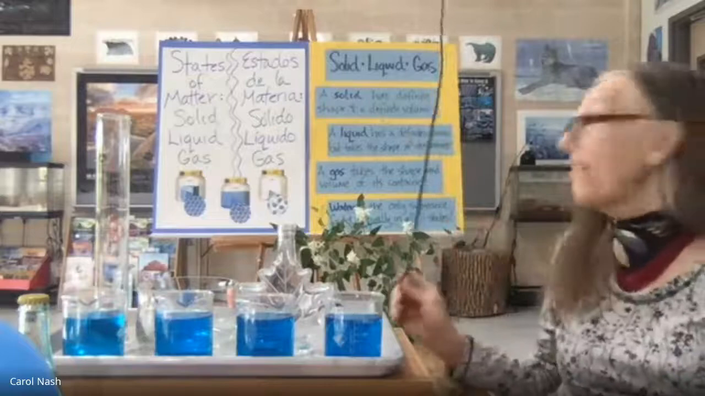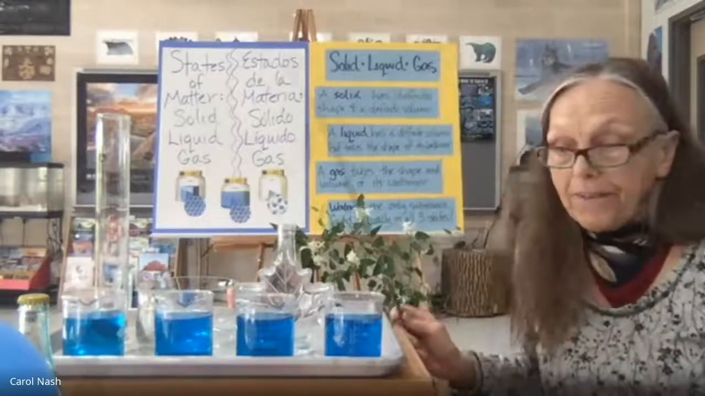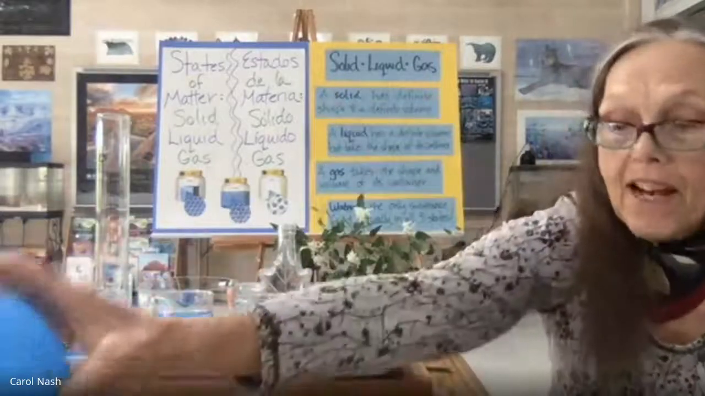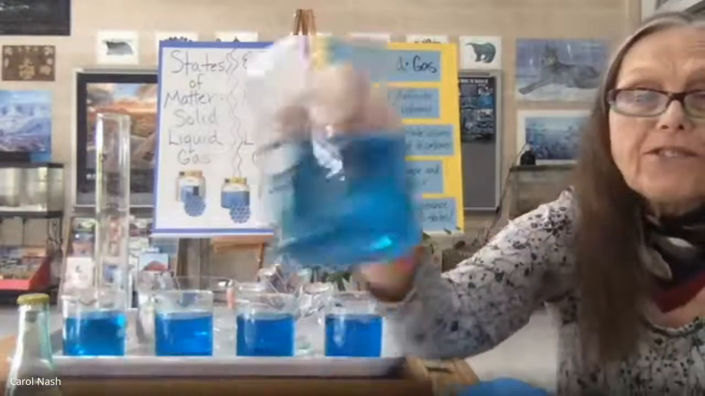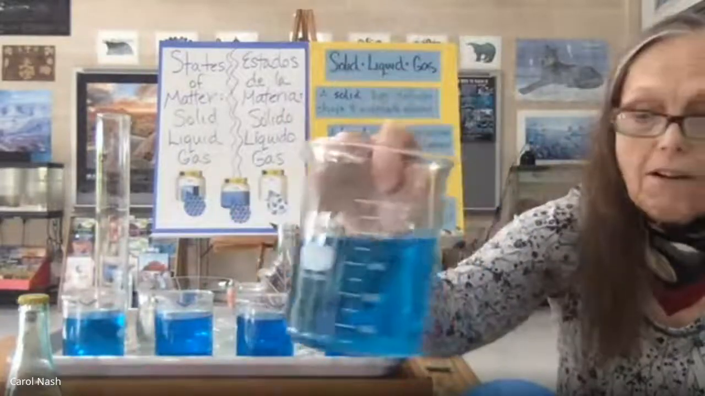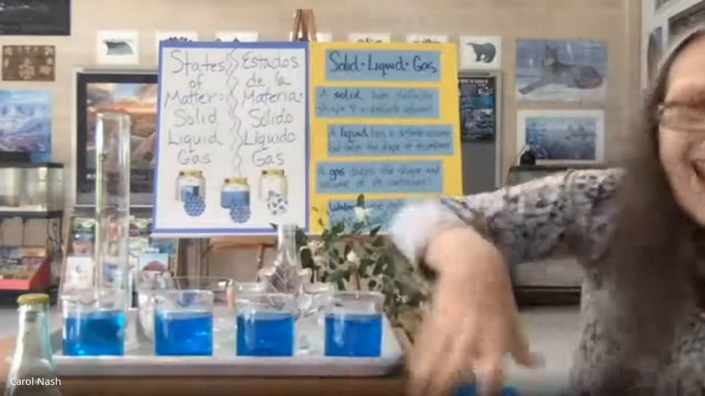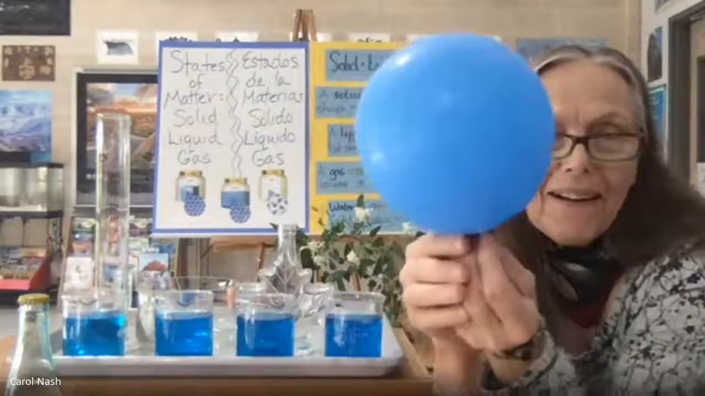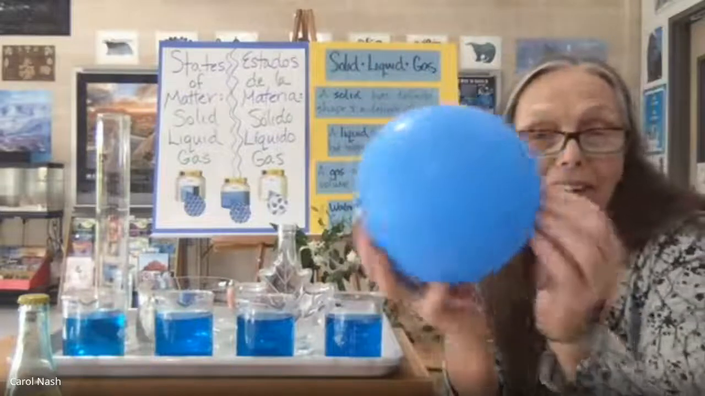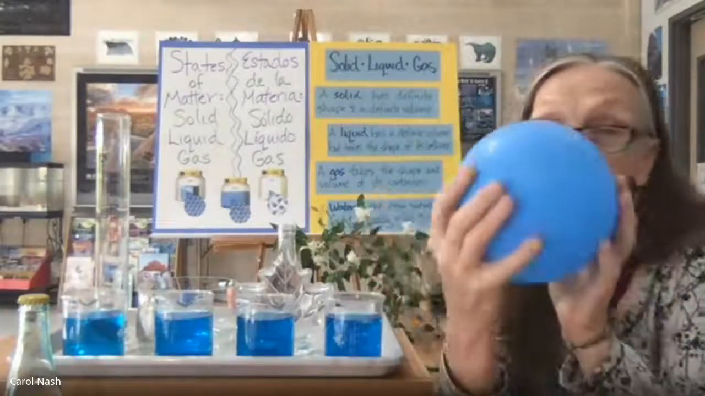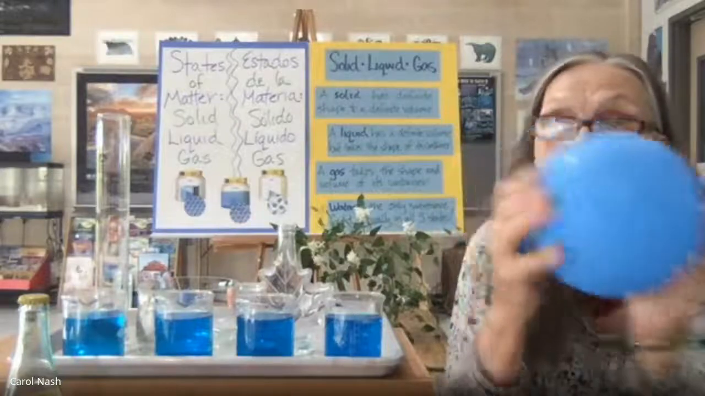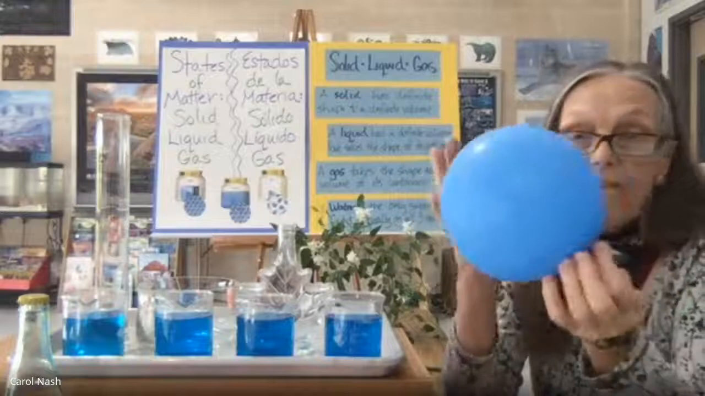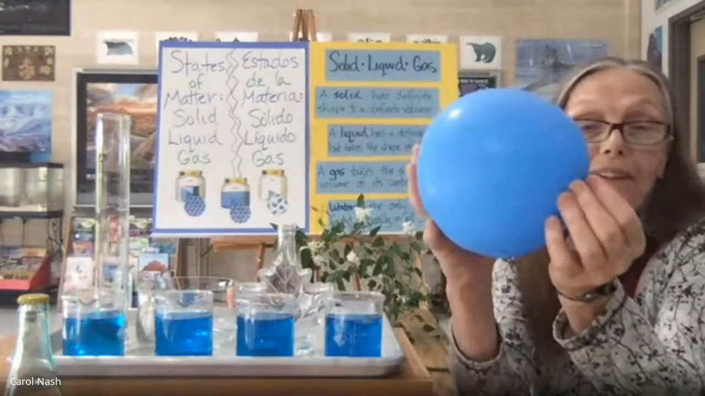A solid has a definite shape and a definite volume, like my rock. A liquid has a definite volume, but a shape that can change. And a gas takes the shape and space, the volume, of its container. So I blew up this balloon with air. The air is a mixture of different gases, and that mixture of gases took up the space of the balloon